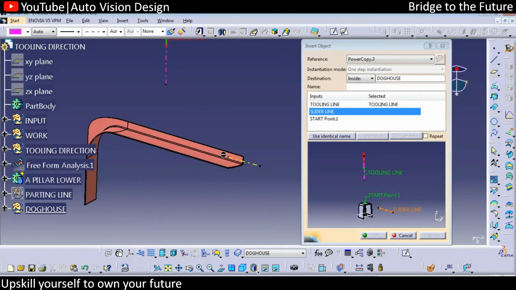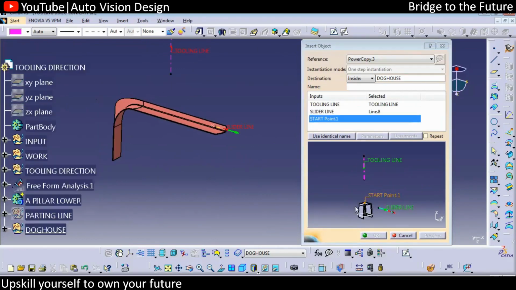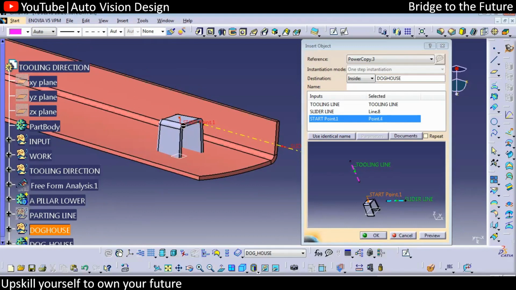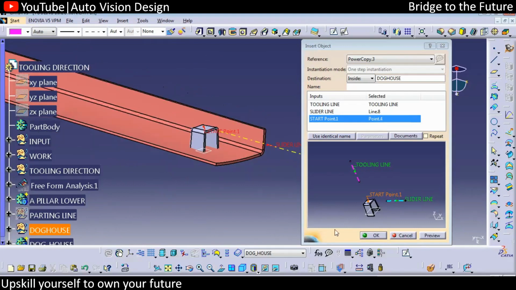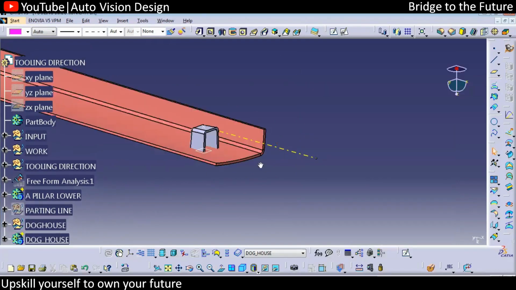So here we have the start point. Oh, sorry, it's the lifter direction. You can select it, arrow needs to be checked. Then for the start point, you can select the start point. Check the preview. Okay, something like this. You can create the doggos. Once you click OK, it will be here. Okay, so if you want to change, you can change it with the parameter. So that's going to be changed.